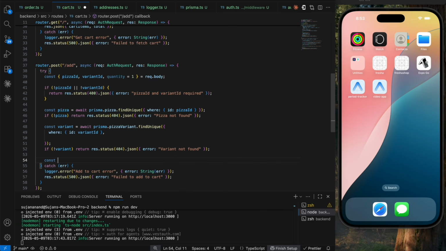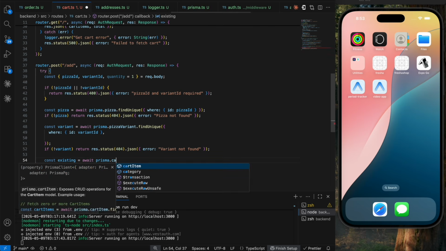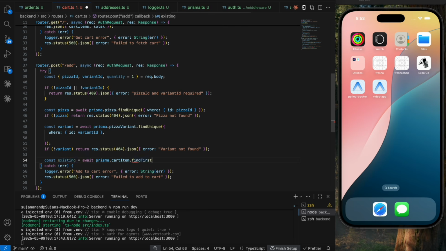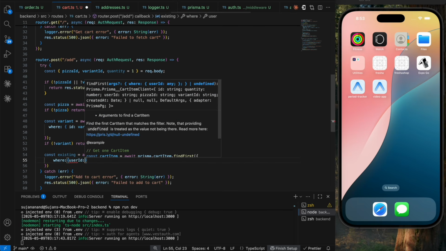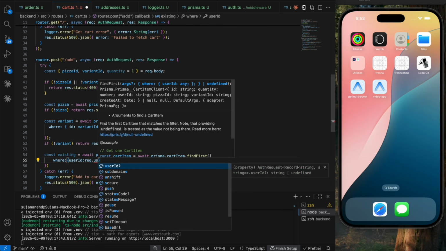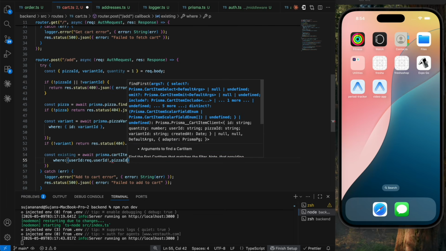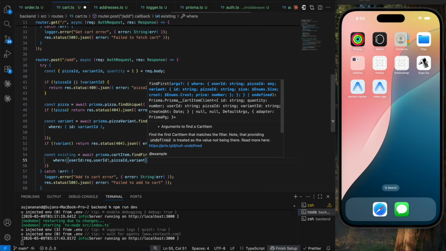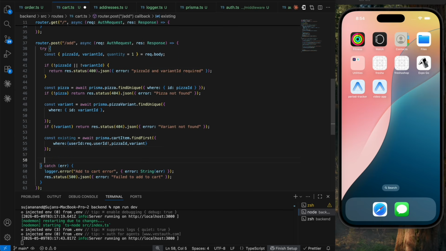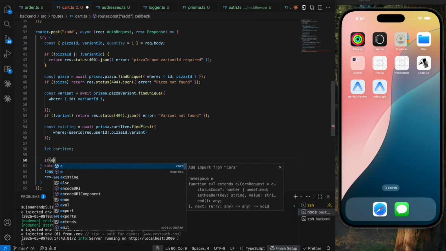Here I'm going to say const existing equals await Prisma dot access the cart item dot findFirst, where your user id should be matching the request dot user id and your pizza id should be equal to your pizza id as well as the variant id. Here I'm going to say let cart item, if existing is present,